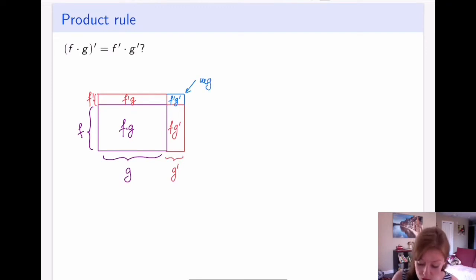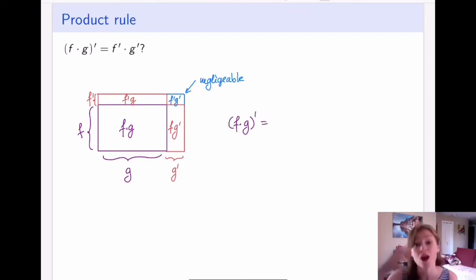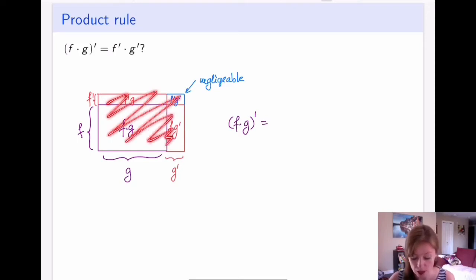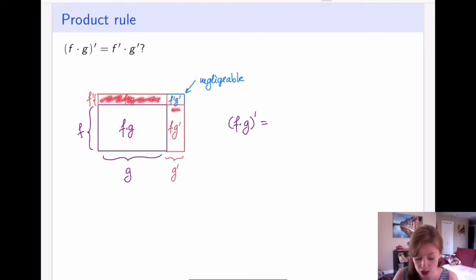So this corner can essentially be negligible. And so what has been the change in my overall area? Well, my area used to be that, and now it's this whole thing, and I'm counting this as negligible. So the change that I've introduced is the area of the two red rectangles, which are f prime g